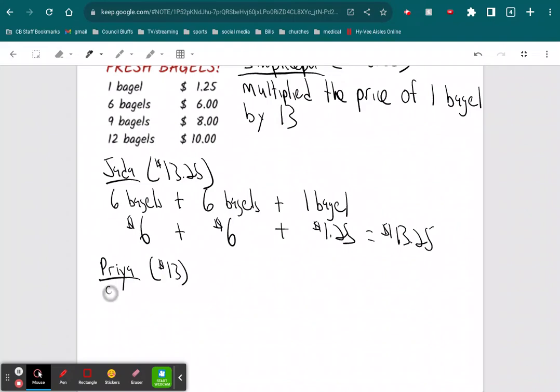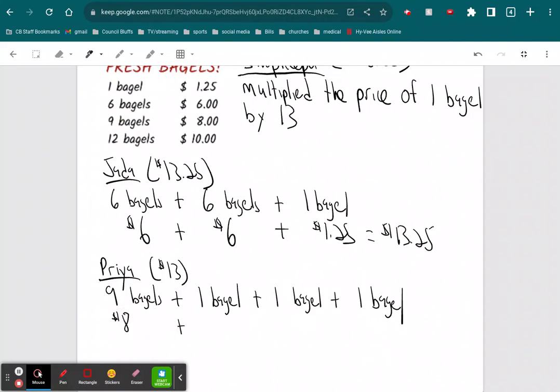So if she buys 9 bagels plus 4 individual ones, so plus 1 bagel, plus 1 bagel, plus 1 bagel, okay, that's going to be $8 plus